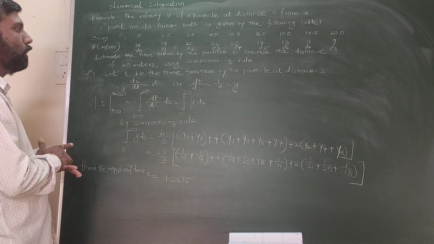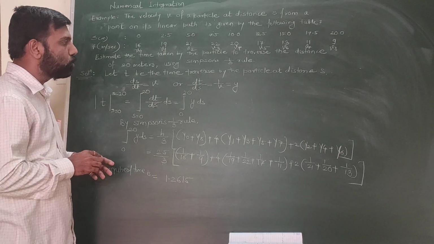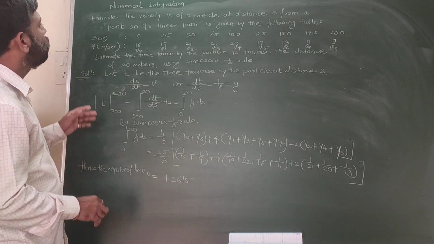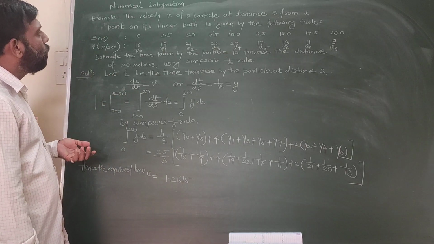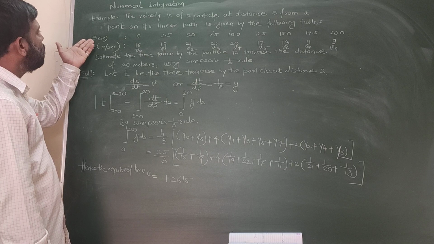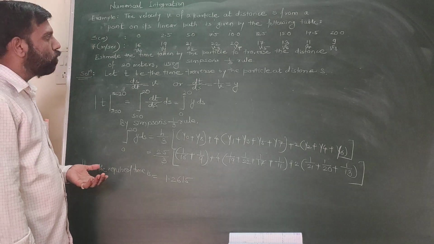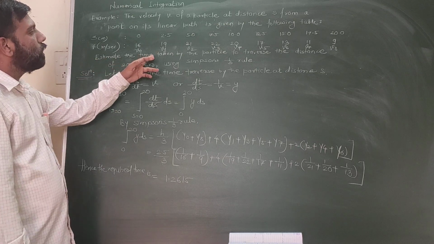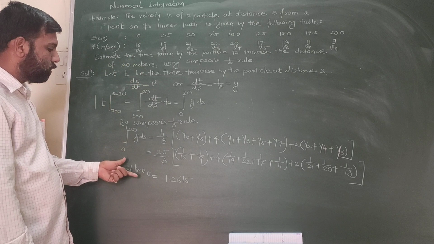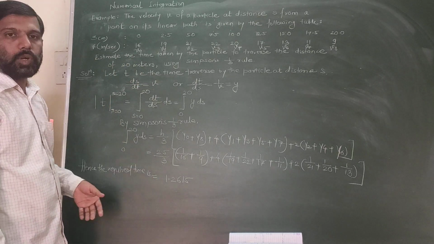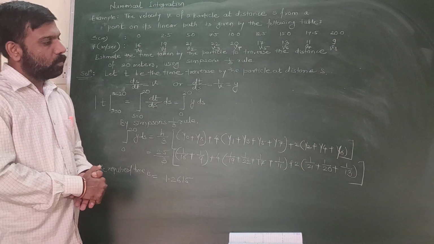Similarly, this problem we can discuss by using the 3/8 rule or the trapezoidal rule. Another is Boole's rule or Weddle's rule. By using that also we can complete this. So here again the three parameters are given to us, that is s is the distance, v is the velocity, and the required time period that we have to find out. So we find here the time period taken by the particle to traverse the distance of 20 meters, and that time period is 1.2615. Thank you.